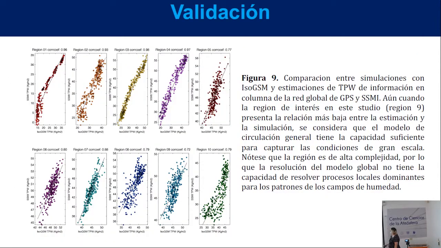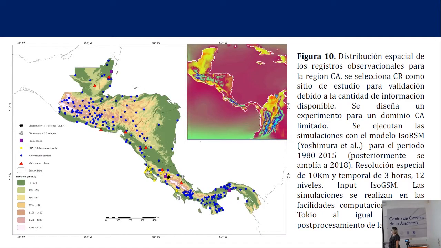And then our zone number 9 is, nevertheless, at 72%, and we could accomplish it, and we are not in the best conditions, as in India, for example, where we have the best representation with the model, but we can say that it is decent, and that we are aware that one of the reasons why the representation is not the best is that we have local conditions that are very singular, that we cannot ask from a model with grids at the global scale. So then we select a regional model,